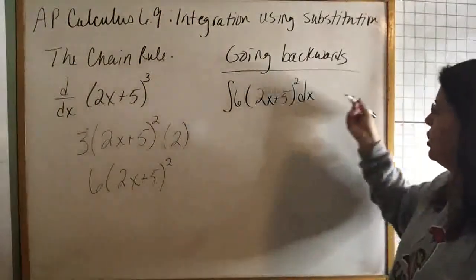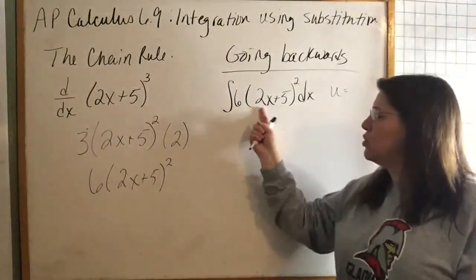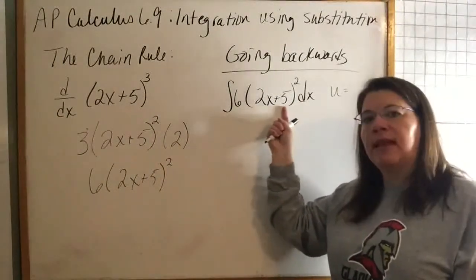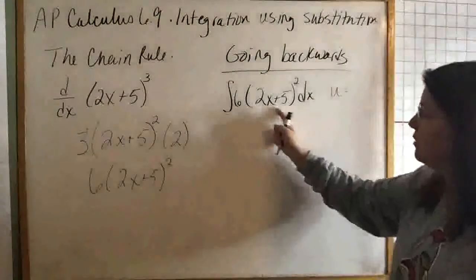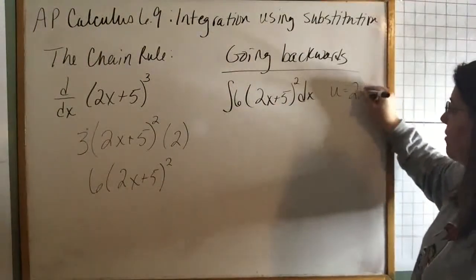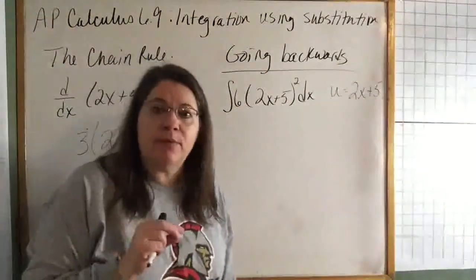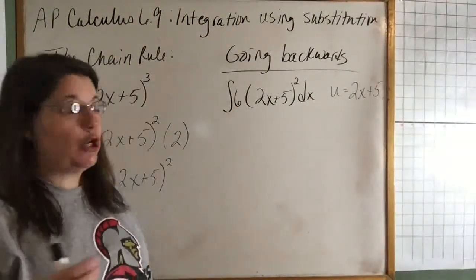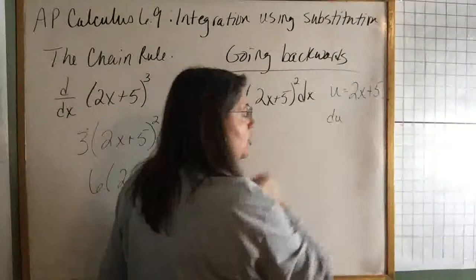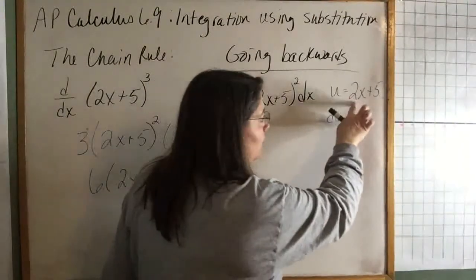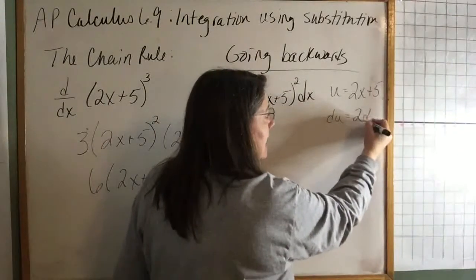So I'm going to, for this one, let U equal, and almost always when you're doing U substitution, your U part is going to be what's inside the parentheses. What was the inside part in our original function here. So I'm going to let U equal 2x plus 5. Now, whenever I do U substitution, I can't just substitute U, I also need to do a du. So if this is U, du is the derivative of what we chose for U. So if I take the derivative of this, the derivative of that is 2,